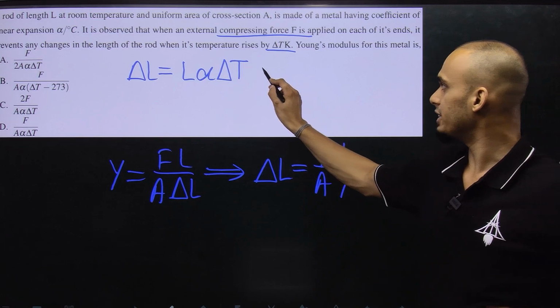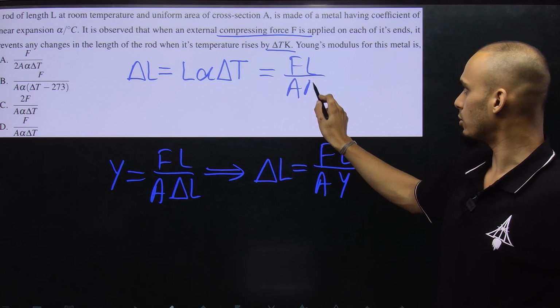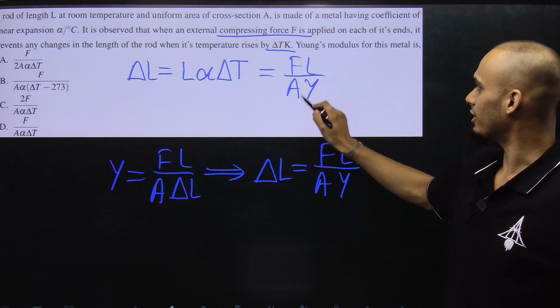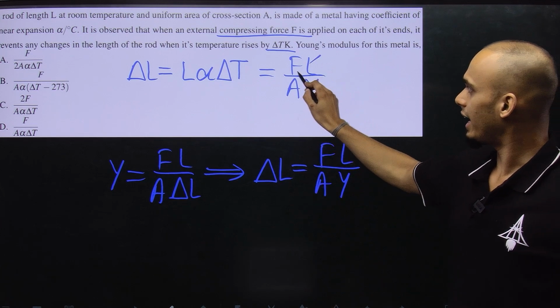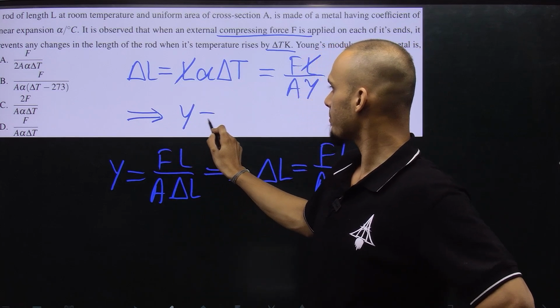So we can simply equate F into L upon cross-section area into Young's modulus Y. Length and length will get cancelled